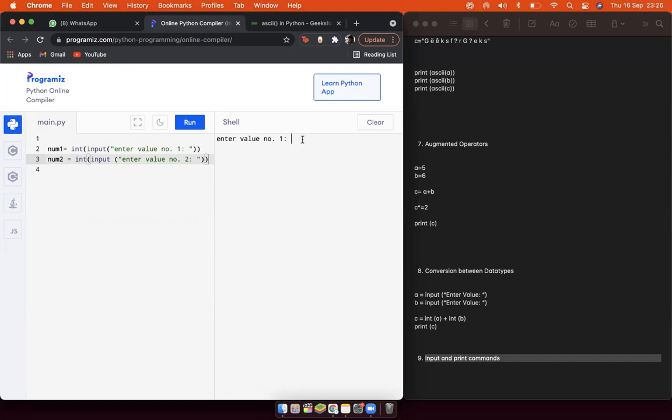I enter 20, and then what? Technically it's supposed to ask me the value of the second one. Let's try that again. Yeah, this is how it works. Now it's asking me to enter the value of the second one. Put a 69 there. So yeah, easy. That's it, because that's how much we've written in the code.